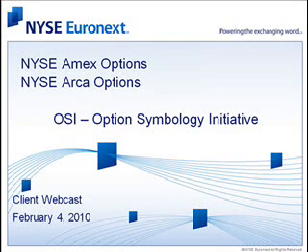Interesting on the symbology key, people always ask, this is going to be 21 characters, and we just gave you an outline right there on the symbology key. The symbol, you'll have up to 6 bytes, and you'll understand that during our question time, why there's at least 6 bytes to the symbol. Also, you'll have a year that's 2 bytes, month that's 2 bytes, day that's 2 bytes, call put indicator, which will be C or P, 1 byte, and then, of course, the strike dollar, 5 bytes, and strike decimal, 3 bytes. Right.